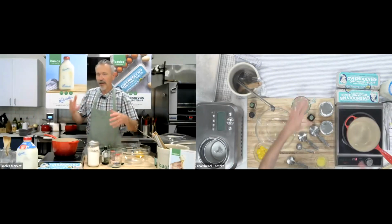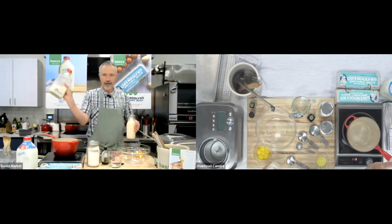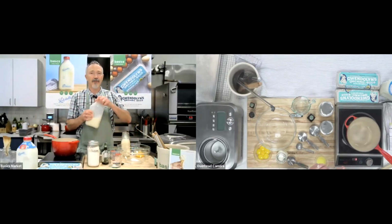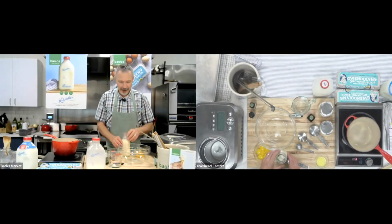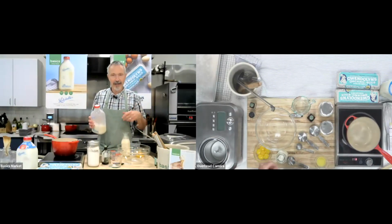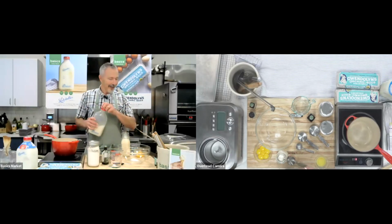And we're going to combine 1.5 cups milk and 1.5 cups cream. So I have here my Lulabelle's organic whole milk. I'm using whole milk because we want as much fat to coat all those water molecules as we can get in this ice cream. And it is challenging to make a low fat ice cream, and that is something that I've been working on as well, and I'm finding it challenging. It's a lot easier to make a nice full fat, full cream and egg custard ice cream. It's nice and